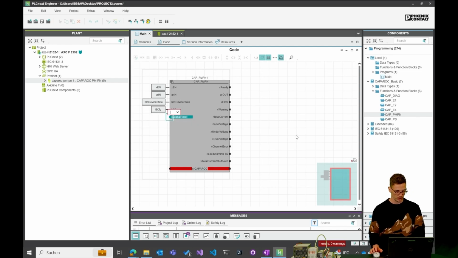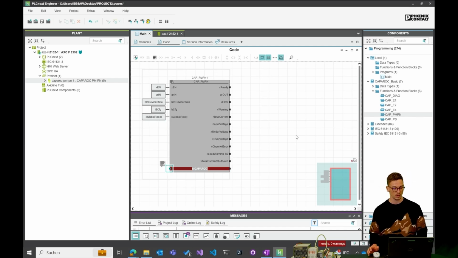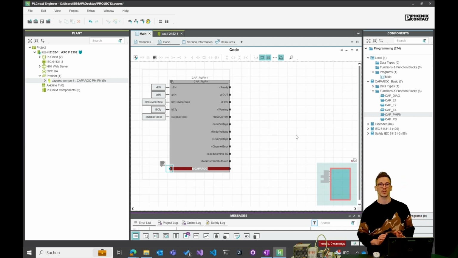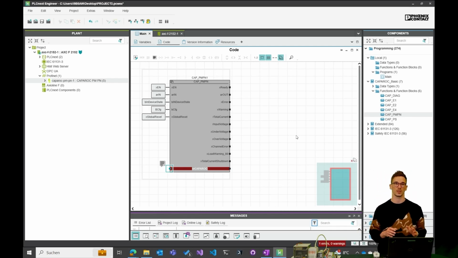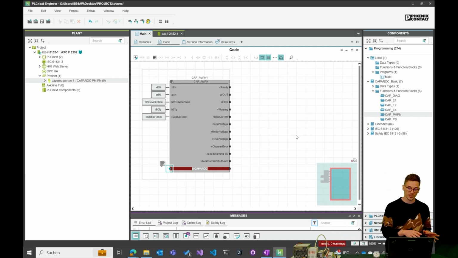Then we have an input X global reset, and this is an input, a button that you can activate, and if this input is set to true, in a case of an error, for example, a short circuit or something of the circuit breakers, you can reset the whole system.